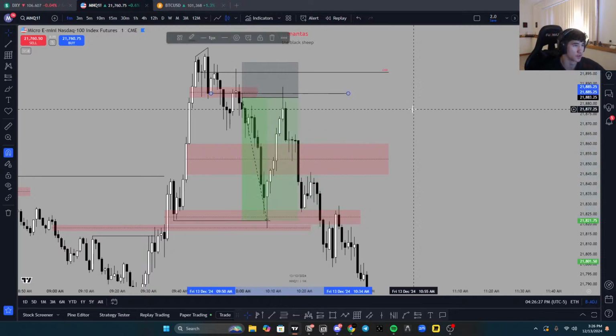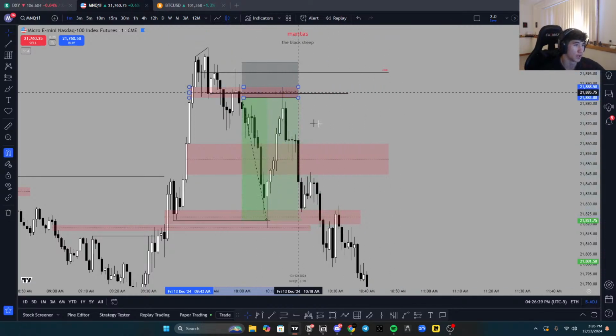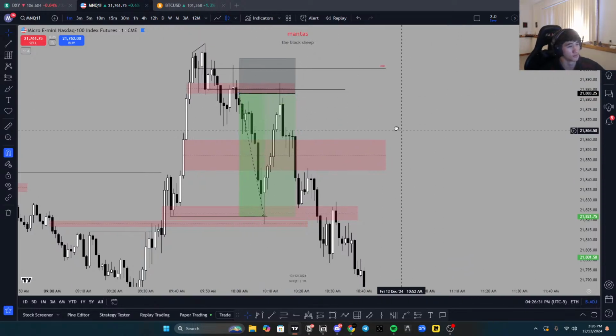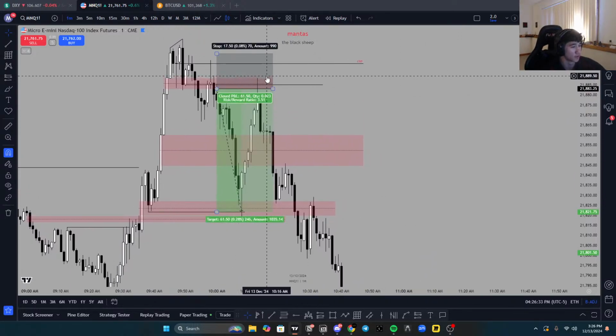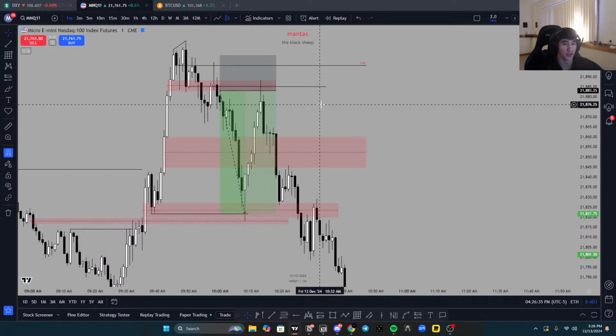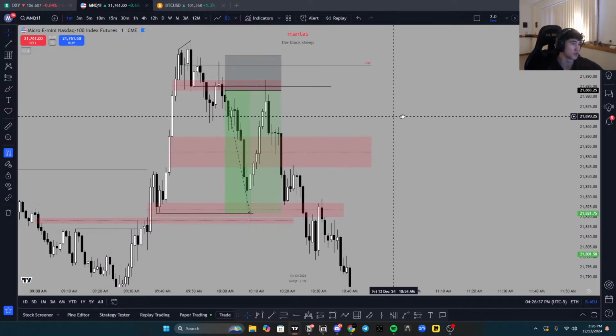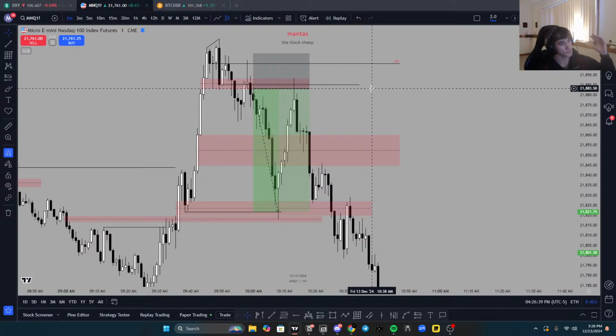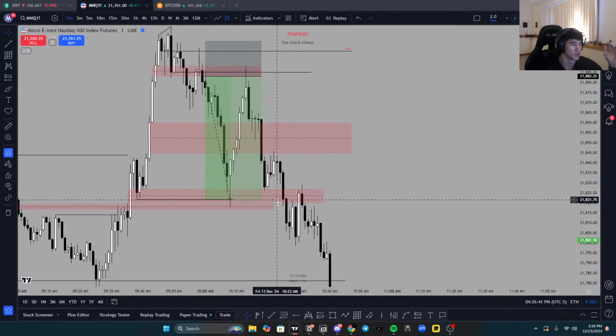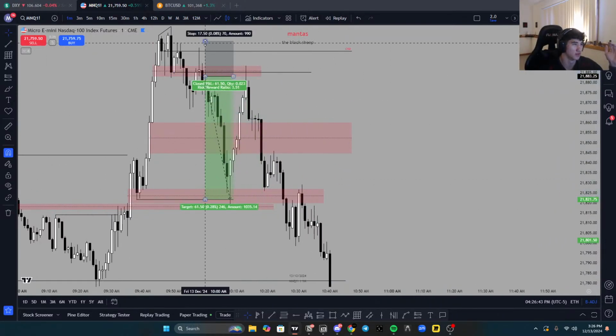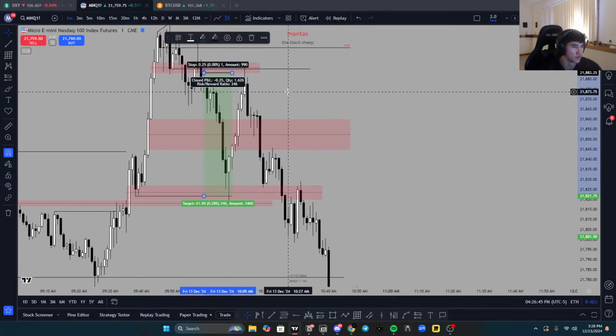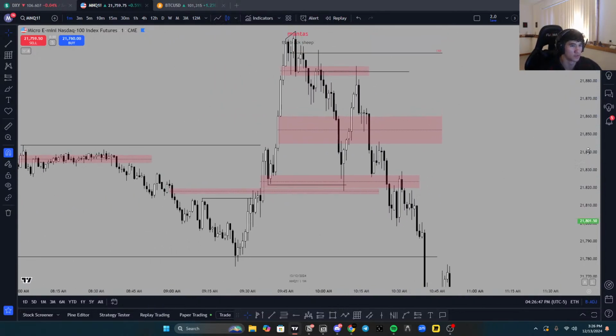But this could have also been a re-entry for most people. I knew it was going to be a re-entry. I can't enter because this is outside my rule plan, and this would be considered chasing. It might invite unwanted emotions, so I can't really do that. But from here, we went lower, we shorted lower, and I wasn't really distraught, I didn't really care. My psychology is getting sharper and sharper.